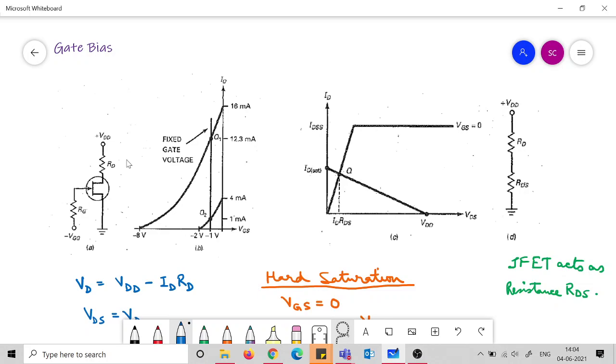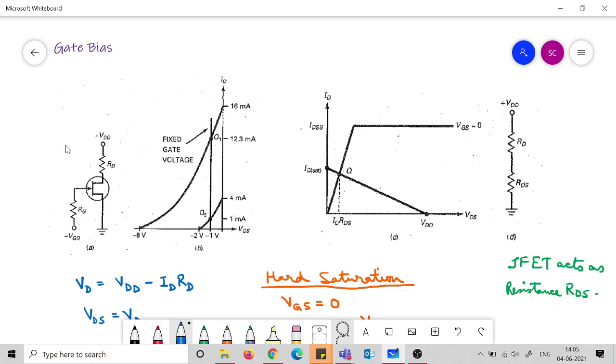We will also learn another field effect transistor, which is the MOSFET, and there you will also see the same principle of an electric field affecting the transistor action. However, there would be some difference. That is why JFET is one device and MOSFET is another device. So that difference would be there.